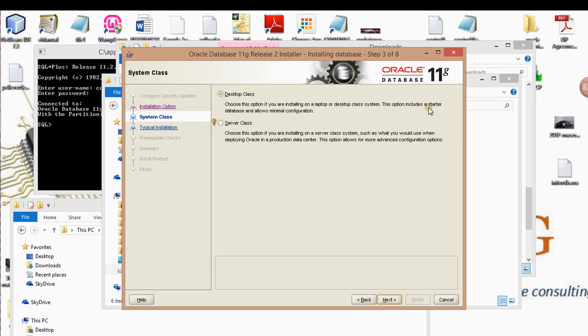Again, based on which one you install, your configuration will be either limited or you have more things to configure. So this one is just the plain version of the Oracle software. Click next,